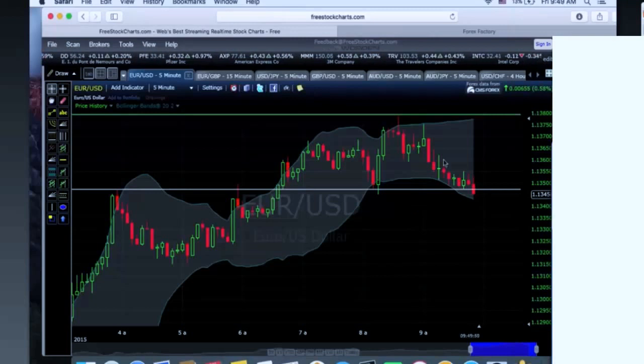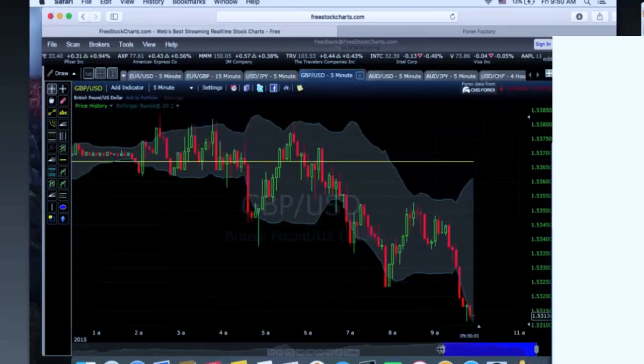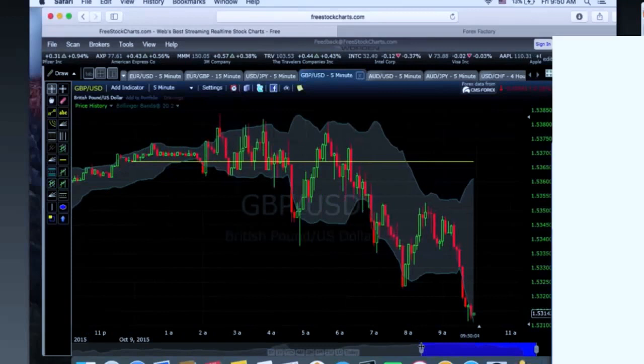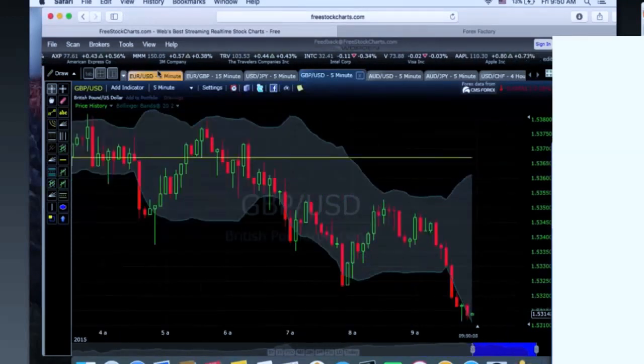Okay, guys. Take a look at GBP USD too. So I think they're both going to go up, Euro USD and GBP USD. Ah, GBP USD has already gone. 142. Yeah, GBP USD. Look at Euro USD, just